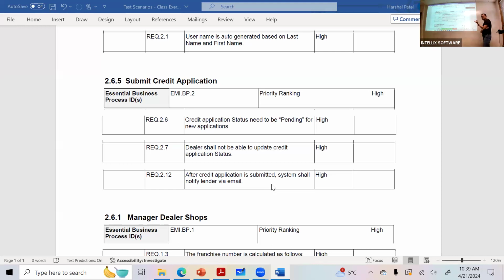If you have an invalid email, how would you check it? You will never receive the email. But that does not mean the system did not send it. What you have to remember is your goal: after the credit application is submitted, the system shall notify the lender via email. If you are a tester, how would you verify that the lender received it or not?